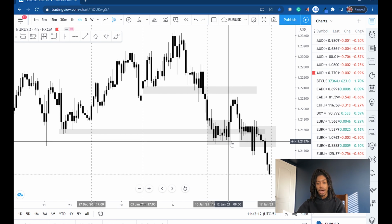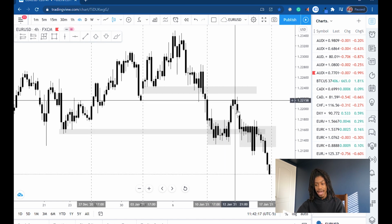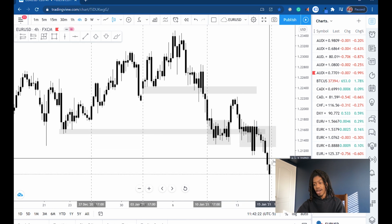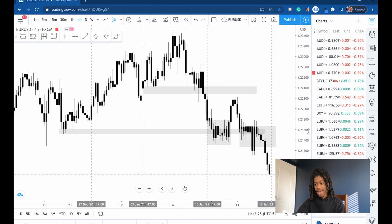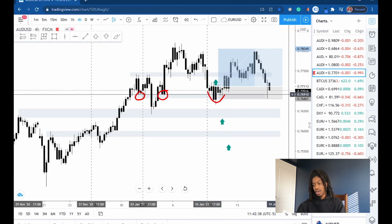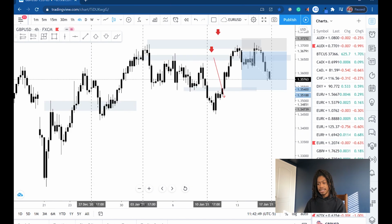So these consolidation periods are about 1 to 2 days each. So maybe, there's 5 days last week. So maybe this is about 1.5 days, 1 day, 1.5 days, 1, 2, 3, 4. And then this was more towards Friday as the pressure kicked in. And we'll actually be able to see that pressure a lot better in the market outlook video for next week, as we see all the other USD related pairs go through the same correlation move downwards. That one did it, Euro USD did it, and then the next pair that I believe we did take a trade on,